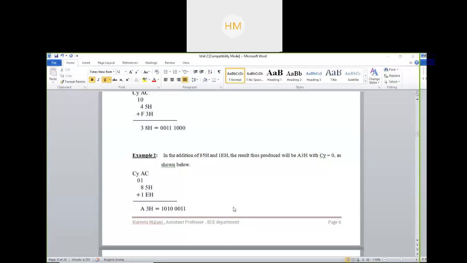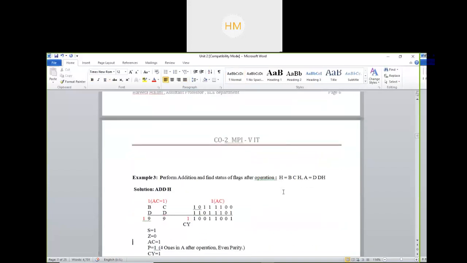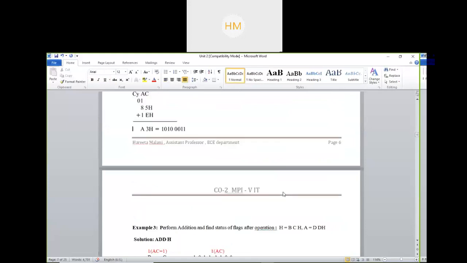After performing every operation, after running a program, you have to always put the status of flag register, and you always have to check the flag register status. This example will clarify your all doubts. So in your copy, solve this example, and we will wind up our class over here only today. In next class, we will discuss new topics.